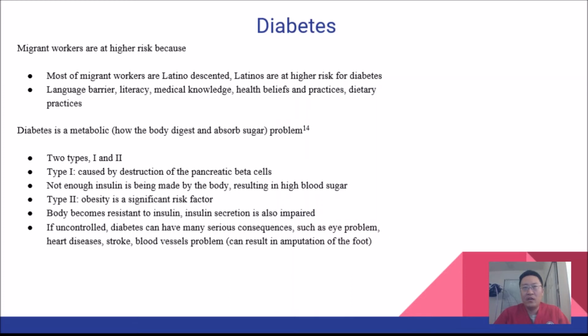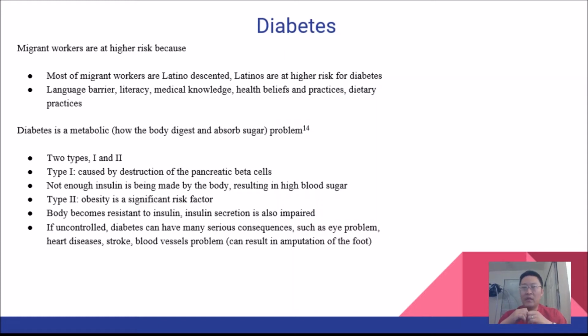Type 1 diabetes is caused by destruction of the pancreatic beta cells. Our pancreas makes insulin that tells our cells to digest sugar. In type 1, there is not enough insulin being made by the body, resulting in high blood sugar. We also have type 2. This is the type that most people have. Obesity is the number one risk factor for that. And in type 2, our body becomes resistant to insulin. Insulin secretion can also be impaired. If uncontrolled,